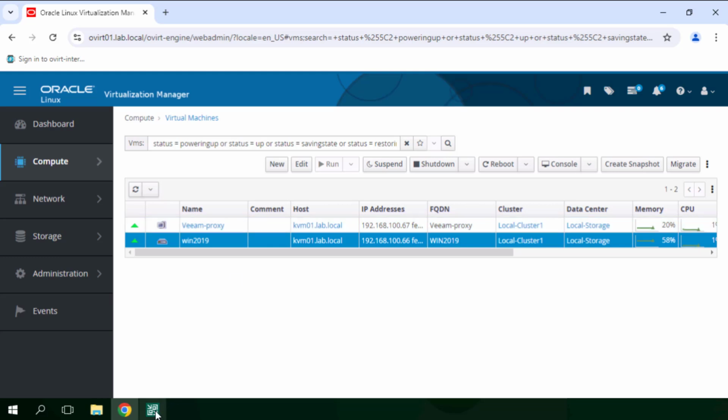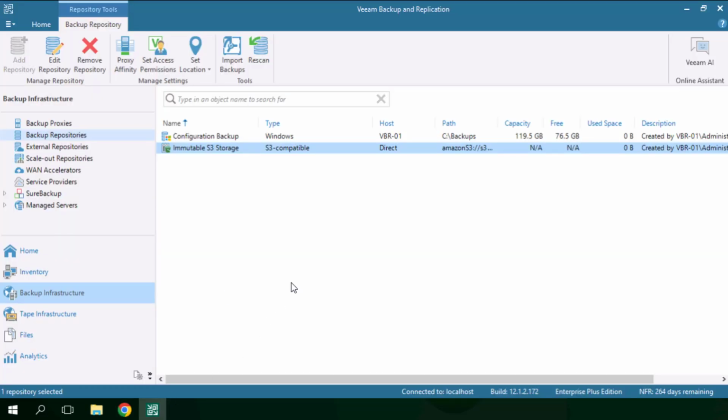So now that we have our proxy deployed, and we're going to use the embedded one for this one, you can see that if we jump back to the console, we already have some storage that we're going to send our backups to. In this case, we have an on-premises immutable S3 target. So any data stored on that device locally will be immutable for a set period of time that's defined when